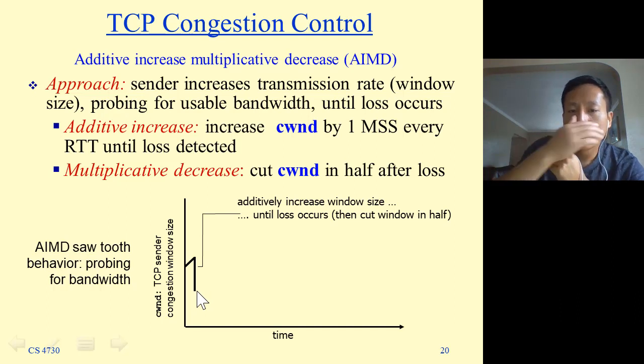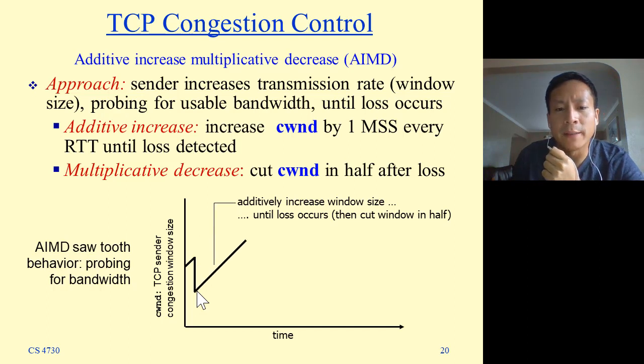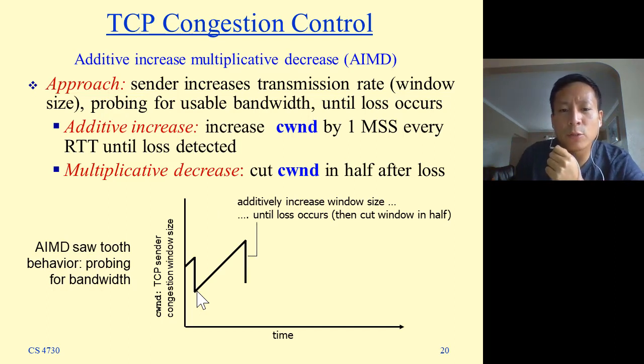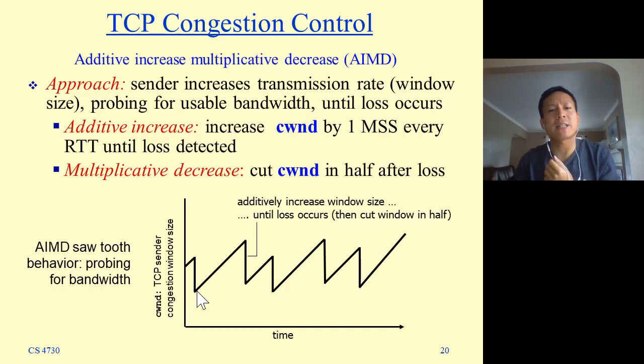And you keep sending out, and if no further loss or long delay happens, then you will begin this additive increase again, right? Linear increase. And if you detect some loss again, you reduce again by half. So just to keep doing this back and forth, then you can see the window size or the sending rate is approximately saw-shaped